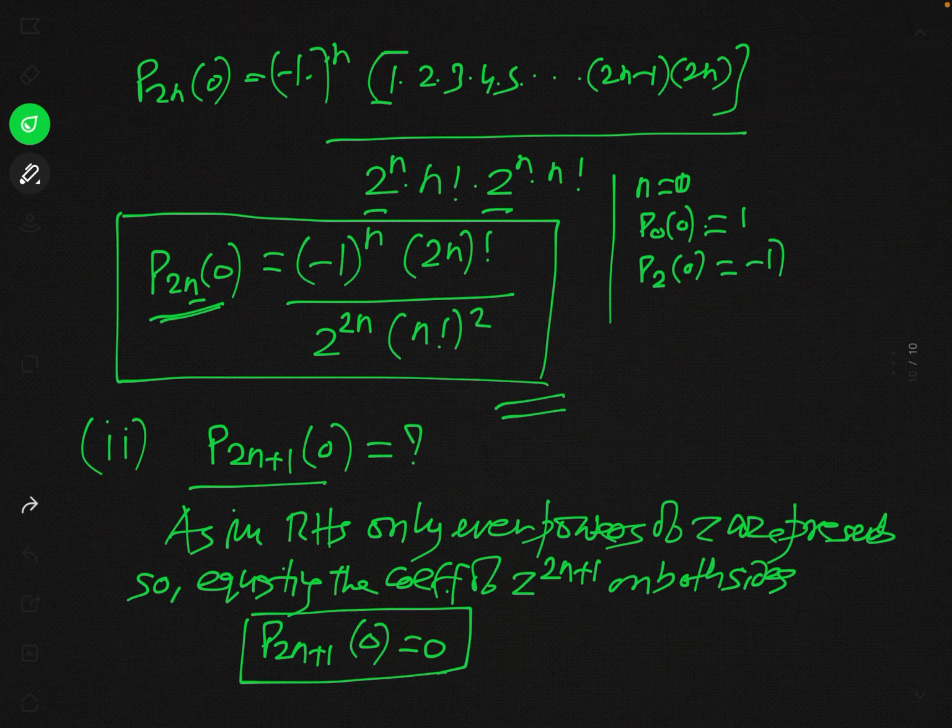अब अगर n का वैल्यू आप 1 ले लेते हैं तो दिस विल बी P2 ऑफ 0, n को 1 ले लेंगे यहाँ पर, तो दिस विल बी, n इज 1 नाउ, सो दिस विल बी (-1) टू द पावर 1 एंड फैक्टोरियल 2 बिकॉज़ n इज 1, एंड डिवाइडेड बाय 2 टू द पावर 2n, सो दिस विल बी 2 टू द पावर 2 इन्टू (n फैक्टोरियल) स्क्वेयर, n is 1, so this will be simply 1। तो क्या वैल्यू मिलेगा? दिस इज (-1) टू द पावर 1, that will be -1, एंड फैक्टोरियल 2 मीन्स 2, एक 2 कैंसिल हो जाएगा और ये बच जाएगा आपको हाफ। सो P2 ऑफ 0 विल बी माइनस हाफ।